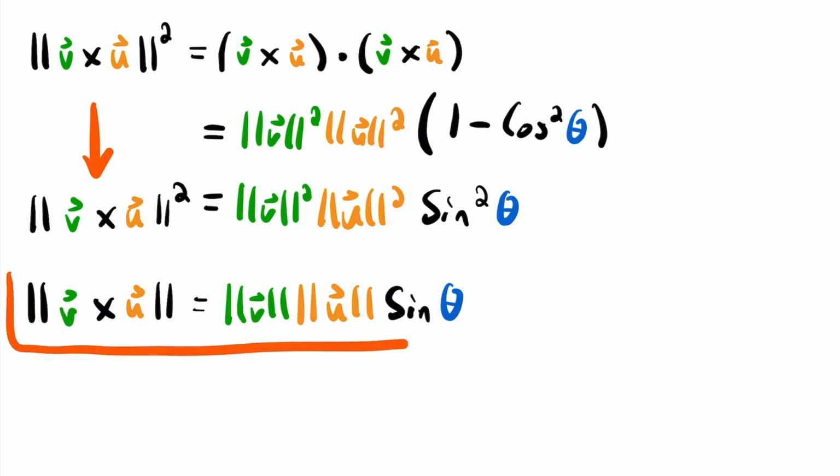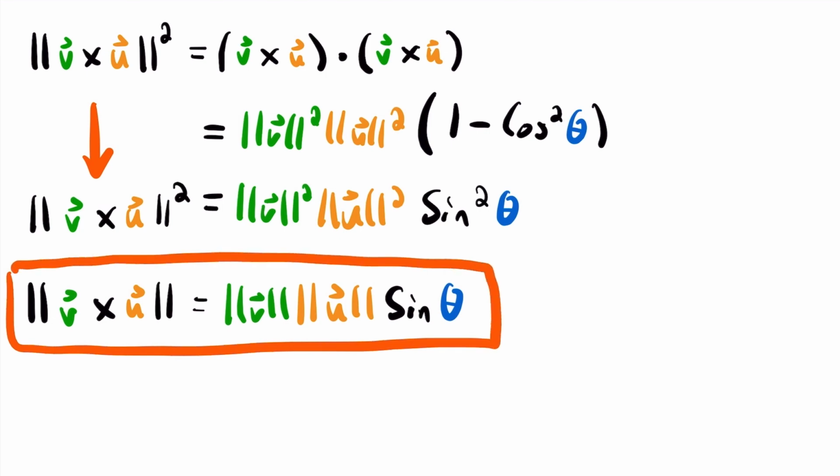And this right here is what we've been working towards this whole time. We have now just found that the magnitude of the cross product between two vectors is equal to their magnitudes multiplied together multiplied by sine of the angle between those two vectors. All right, and so this is a very important formula to know, but we can also use this magnitude to find the cross product of two vectors, right? Remember that any vector can be defined by taking its magnitude